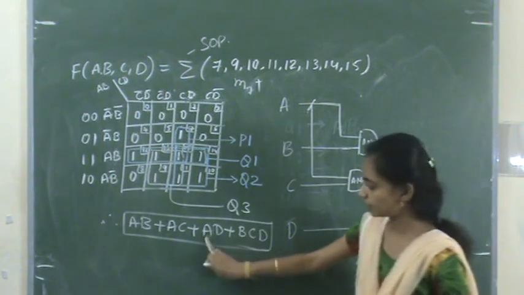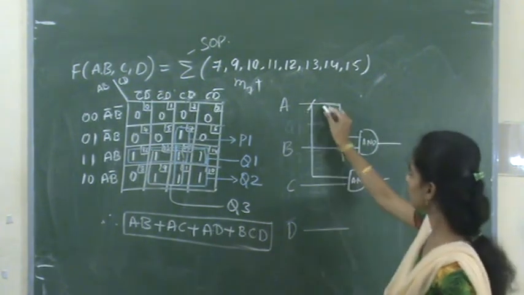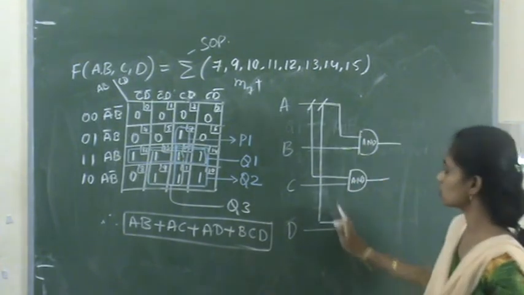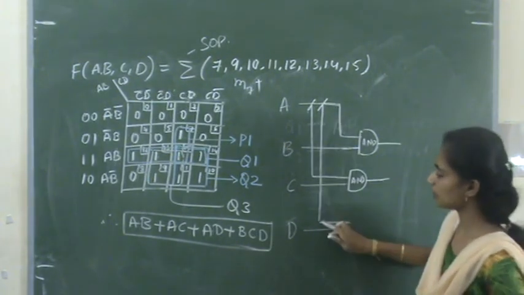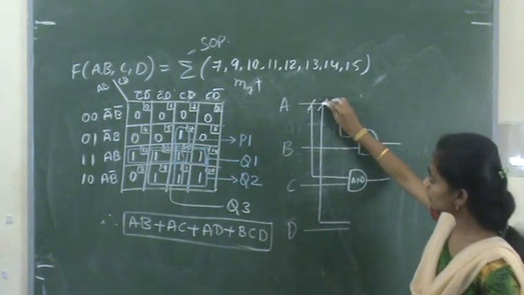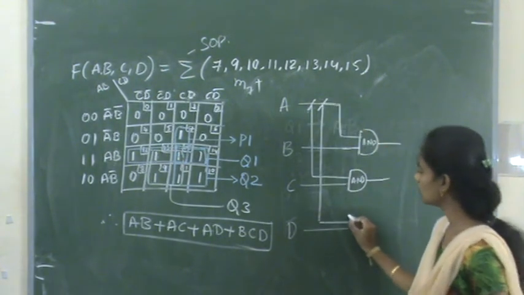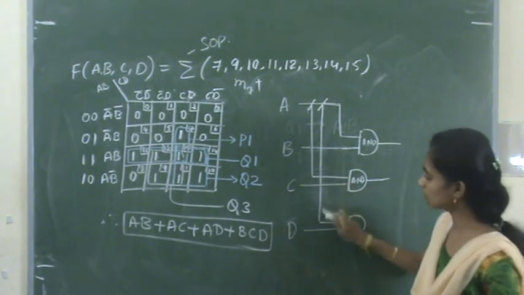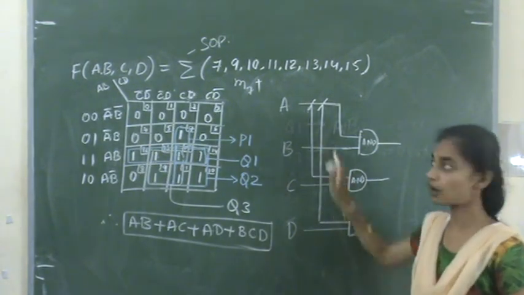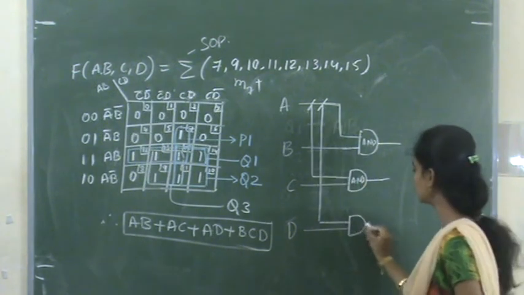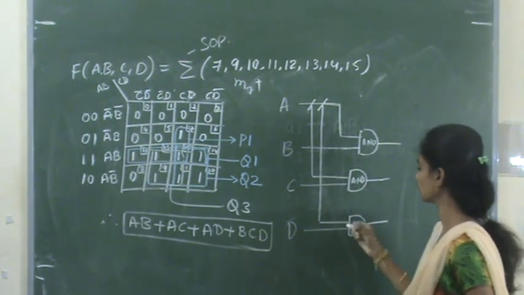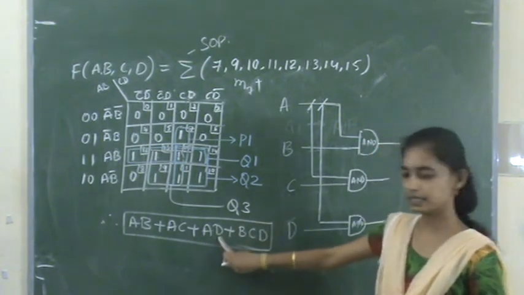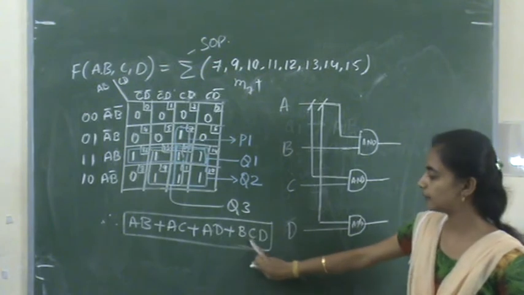Next, A and D. Again take the input from A and D. See, this line represents that it is connected to A and then the AND gate, not to C and B. It is not connected, it is just coming from A. Now AB is completed, AC completed, AD completed. Now we have B, C, D.